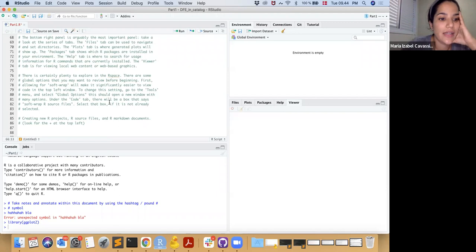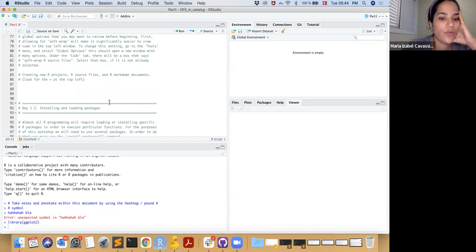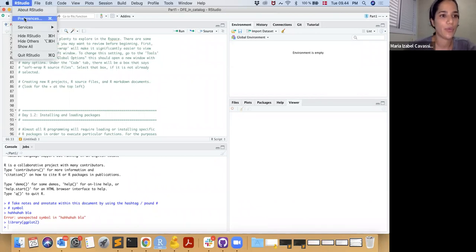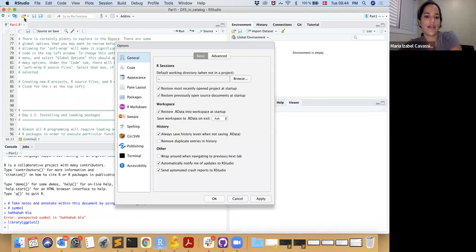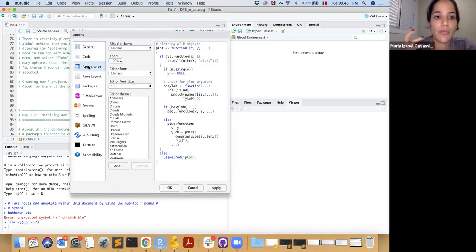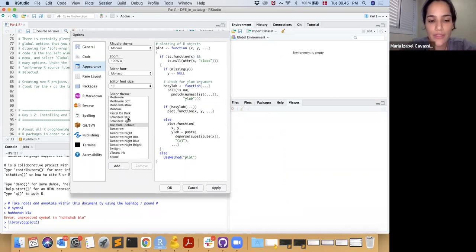Another thing that is very useful, and that you guys can use to personalize your RStudio, is by going to RStudio here and doing Preferences. Then you're going to have a bunch of different things, but one of the things that is nice is to deal with appearance. So some people, I prefer, this is my own taste, I prefer